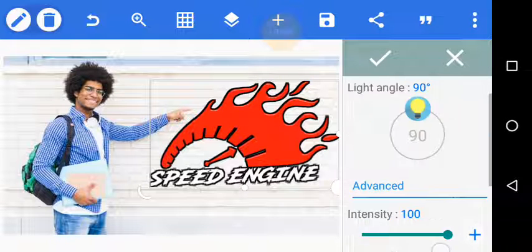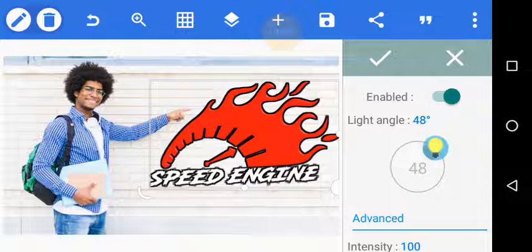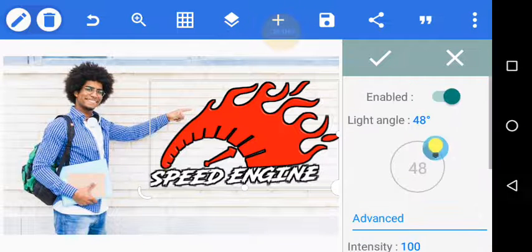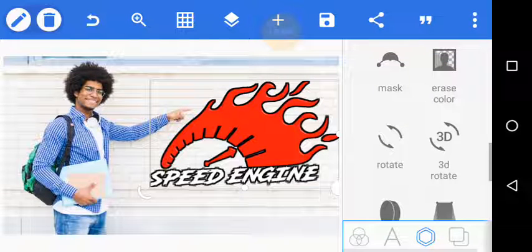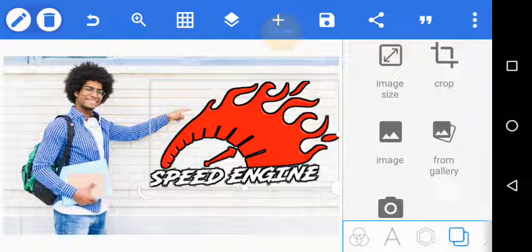Then I'm going to increase the intensity to 100, the ambient lighting to 100. Also the light angle, you can position it to your choice depending on where you want the light to be coming from. That is basically it. If we made this a 3D shape, it's going to look even more realistic and as if it's on the wall. But that is not the purpose of this tutorial. We don't want to make it a 3D shape, so we'll just go over